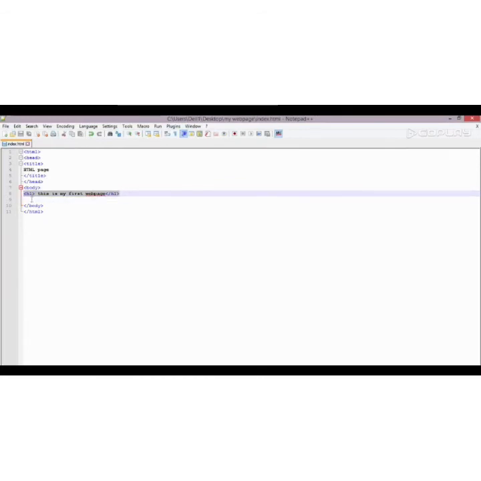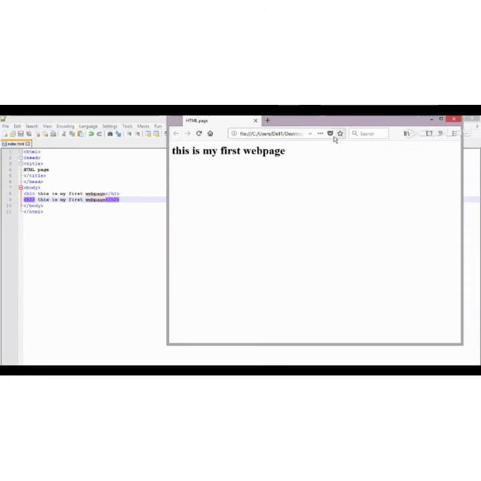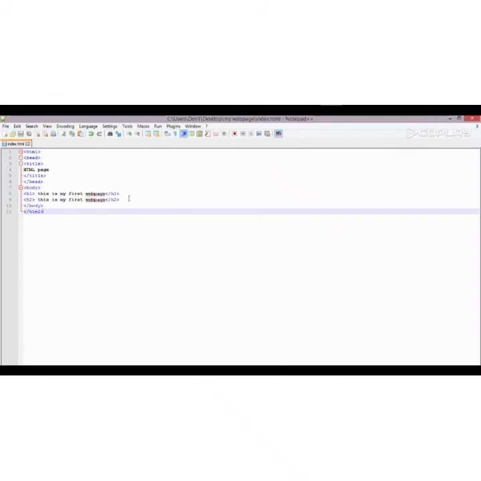I'm just copying it and pasting it and replacing the H1 tag with H2 and save all, and then refresh my browser. See the difference.